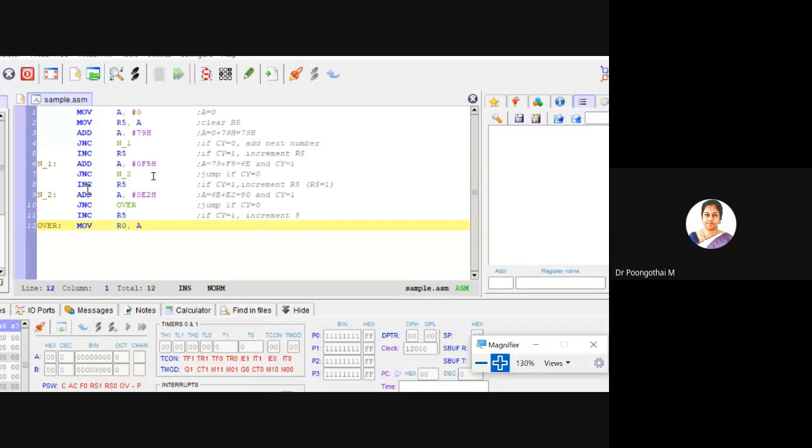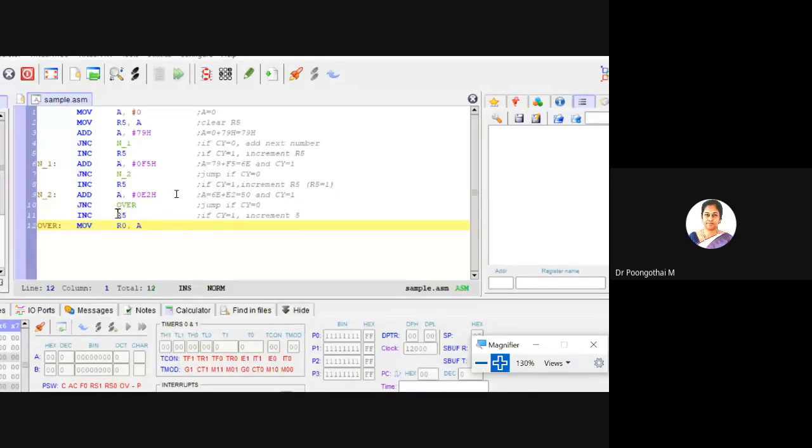After that, ADD A, #0E2. So 6E plus E2, your answer is 50. Again, your carry is set to 1. Here, the jump no carry instruction: if carry is not set, your program control is transferred to the MOV R0, A instruction for storing the accumulator content. If carry is set to 1, increment R5.